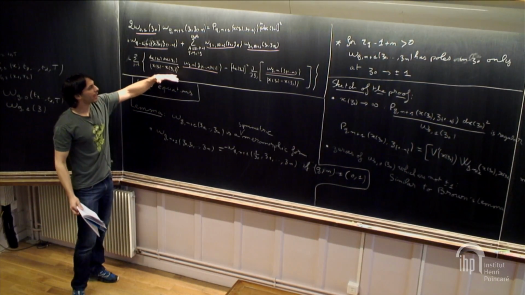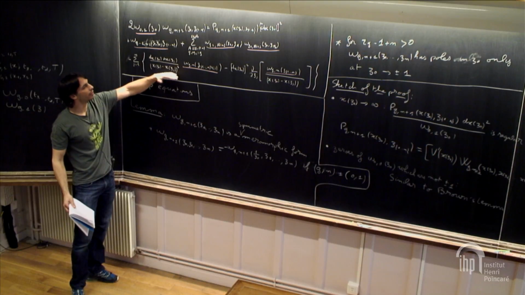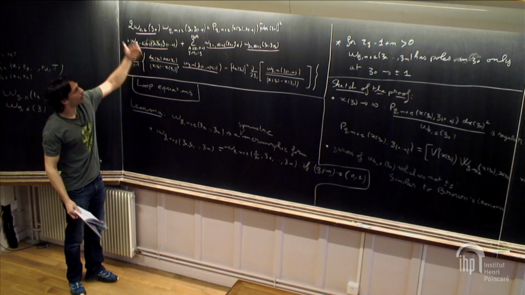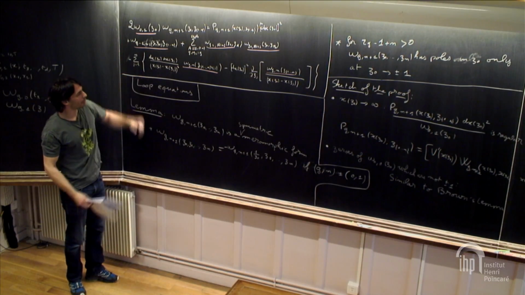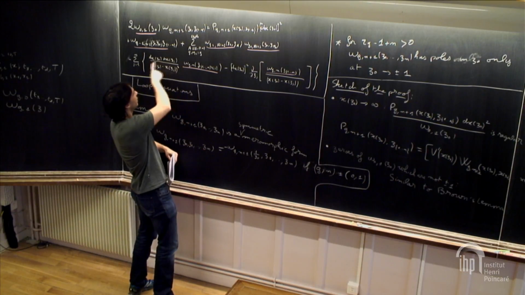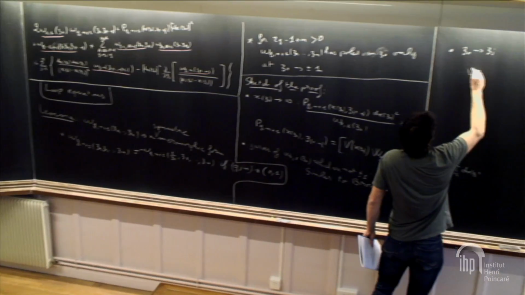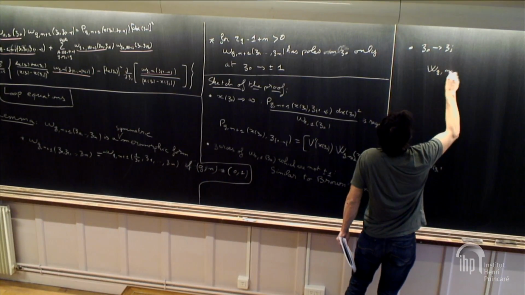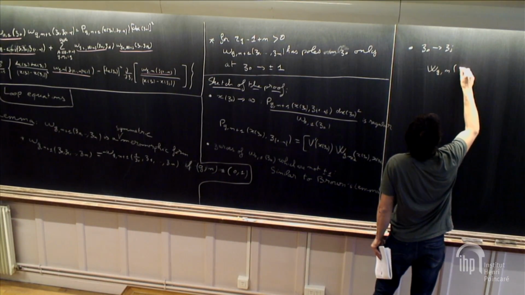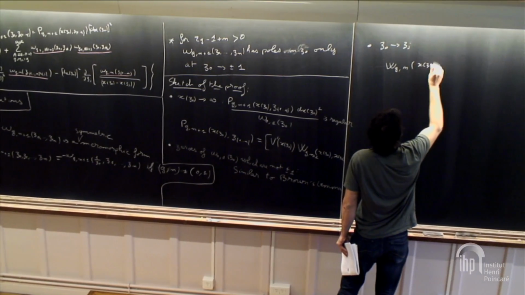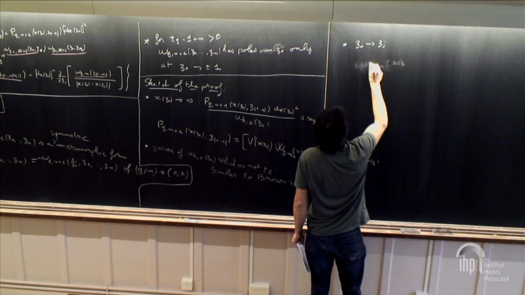If you look at a previous version of the equation I wrote before, this denominator was coming from some omega g,n of z1, z0, to n minus j,